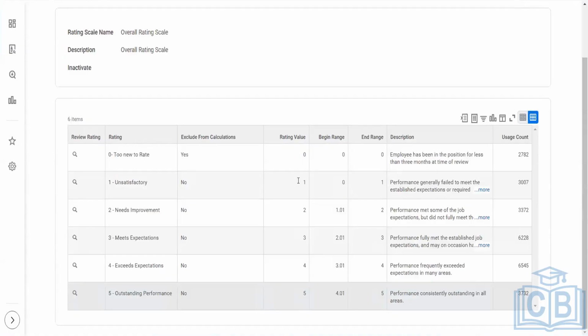I just wanted to understand the difference between having a normal distribution with a rating value with a beginning and ending range, and the company's overall perspective of having something like SMART goals or no bell curve, just a 360-degree feedback and getting the overall scores. What score are they getting out of the total threshold?